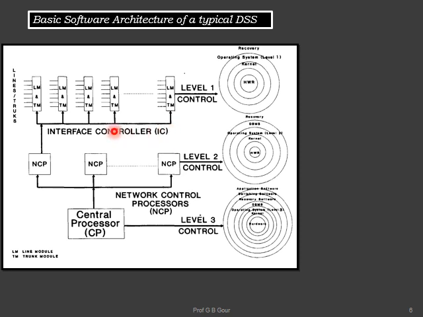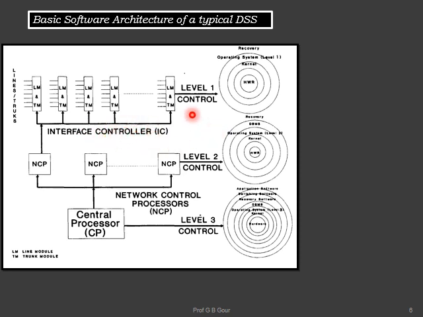What is the job of this interface controller? Its job is to let these lines and trunks, through LMs and TMs, interface with the next matrix of cross points that we discussed in the previous few videos. You can go through those videos to understand. So the main function of this IC is to provide the interface between the lines and trunks and the matrix of cross points, or fabric of cross points.